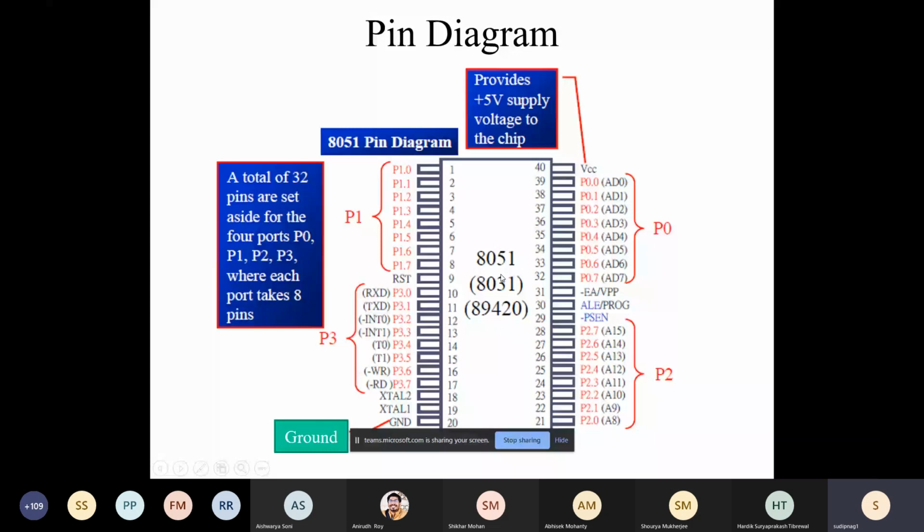We also talked about the power supply pins, which are VDD and ground, located in diagonally opposite positions. There are some control lines like reset, EA, that is external access and programming voltage, address latch enable / programming bar, and PSEN, that is program store enable signal. So we had covered this. I'll just quickly go over it.